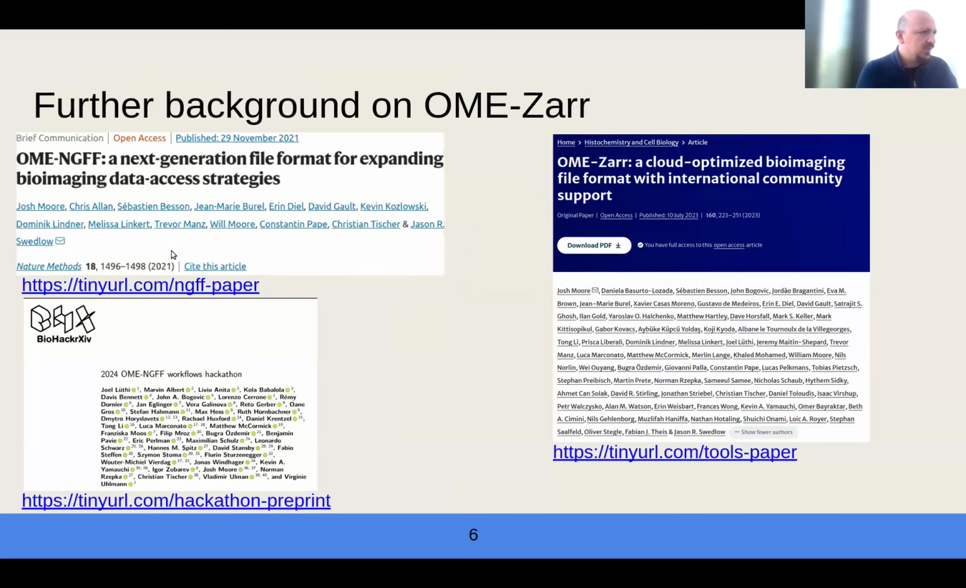And you can learn more about OME-Zarr from several publications. This is the original publication, which also benchmarks the performance of OME-Zarr and compares it to different file formats, including TIFFs and also other chunked formats like HDF5. And then we also have this community paper, and this is more about the tool ecosystem around OME-Zarr. And then we also have, very recently, this hackathon paper preprint. This took place at the end of last year and was also published